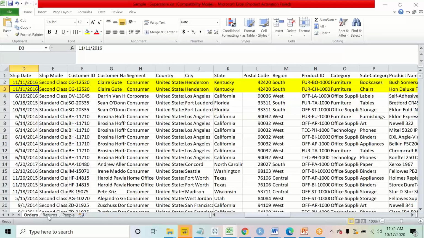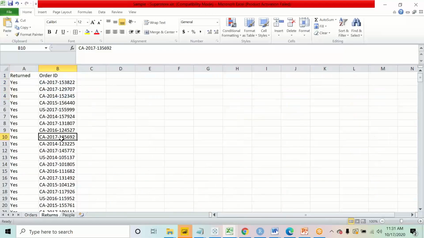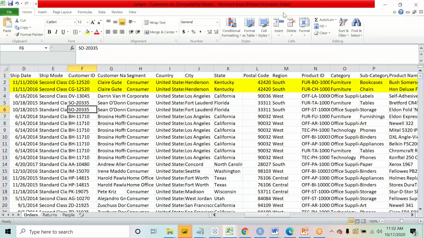If I come to table 2, there were certain orders that were returned. Many times it happens that you place something on Amazon and later you don't like the product or there was some defect with it, so you return it. So we have those order IDs listed, which were the order IDs that were returned by the customer. So I can see these orders were returned by the customer. Clear? Okay. So now these are the two data sets that I have.